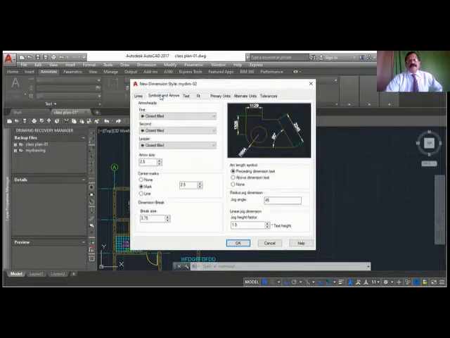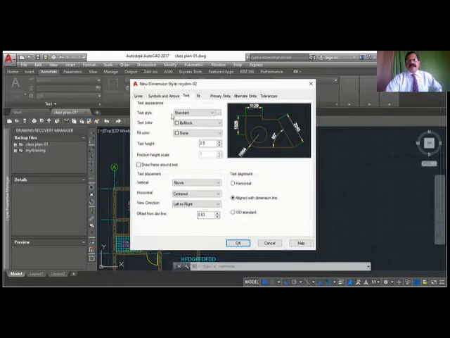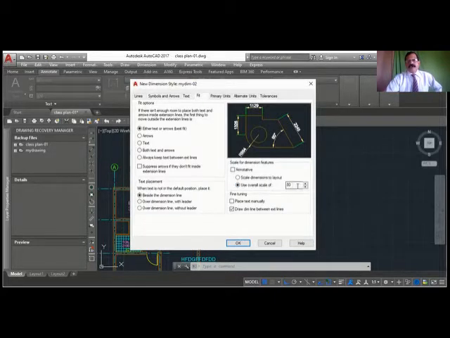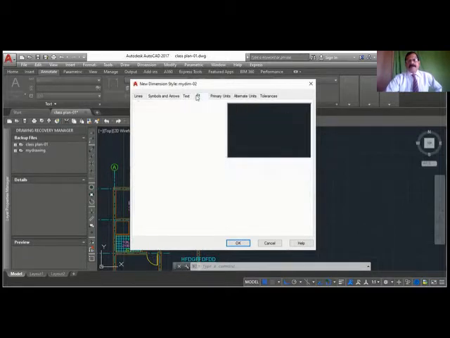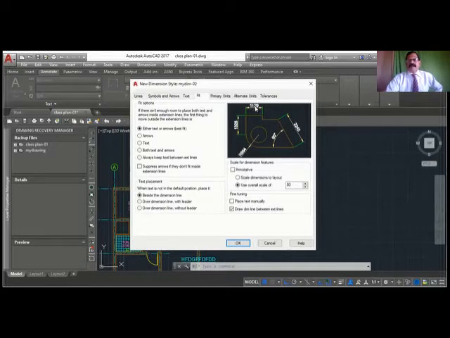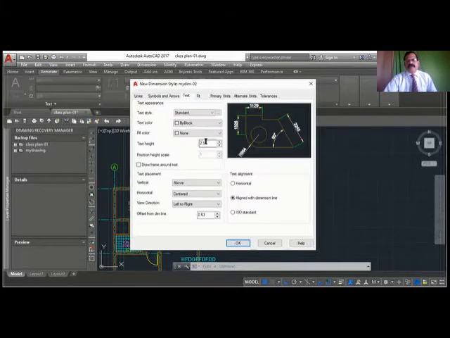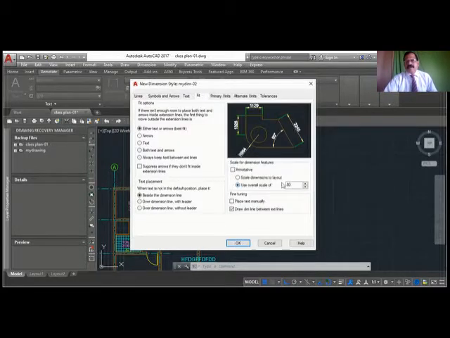So we have changed the arrow symbol. Then you have selected what type of text you want, and see that it is always aligned, with vertical position above or center. Then you give the scale. So how will you calculate the scale? You should remember the text height required. Usually when we take a printout, you require 200 or 250 divided by this value. Whatever value is given here will be the overall scale; you have to type that value. Now I have taken 200 as the height, so 200 divided by 2.5 is 80.